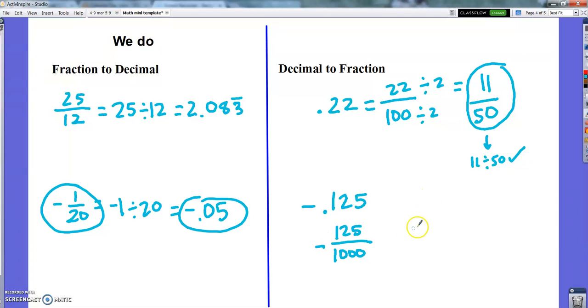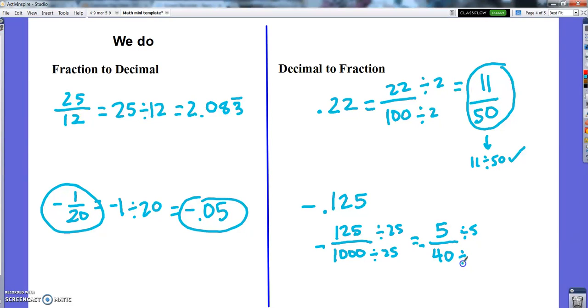And okay, let's see, what can I divide these by? 25, right? 25 will go into this. 25 will go into this. And that will be 5. And that will be, let's see, 4 makes 10. 4 makes 100. So 40, I guess, would make 1,000. Is that right? And that's negative, so that's negative. So negative 5/40. Still not totally reduced, because I can do